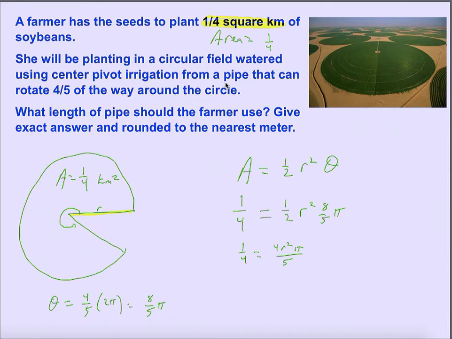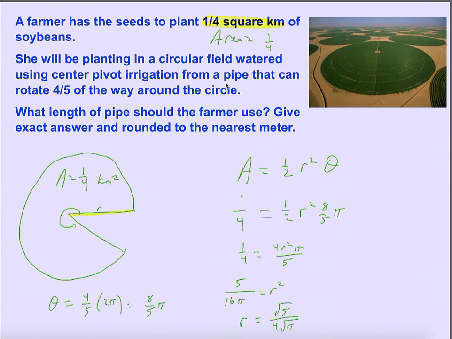And our job is to solve for r here. So I'll just move everything that's with the r over to the other side. The 5 goes into the numerator. The 4 and the pi join the other 4 in the denominator. And so the r squared needs to equal 5/16 pi. And so the r itself needs to be the square root of 5/16 pi, which you certainly could reduce the square root of 16 to a 4. But that doesn't mean the pi comes out of the square root. So root 5 over 4 root pi,